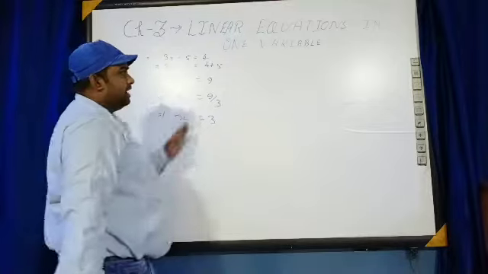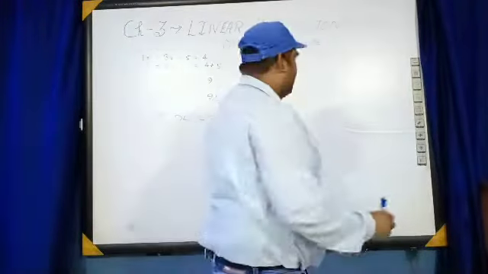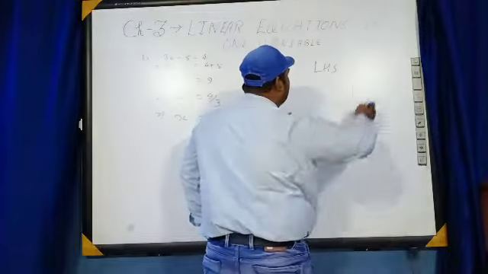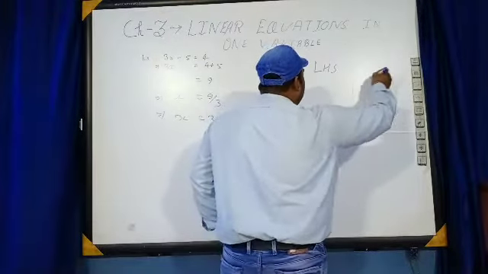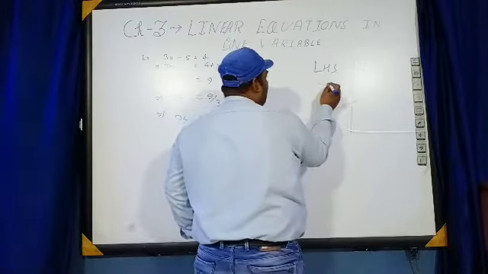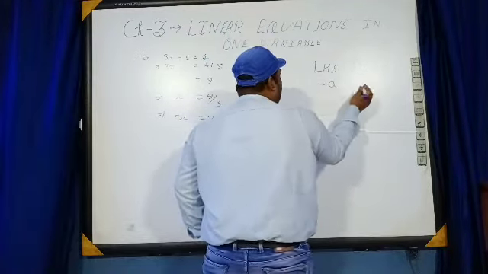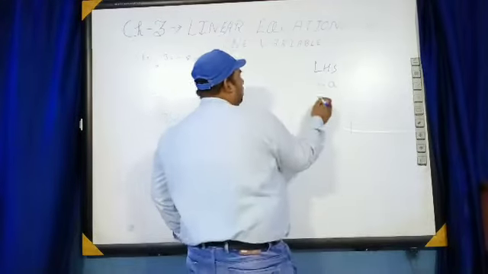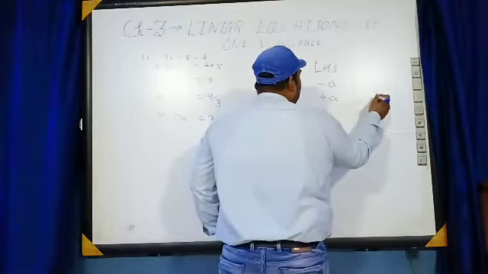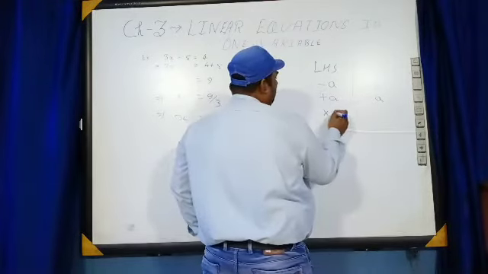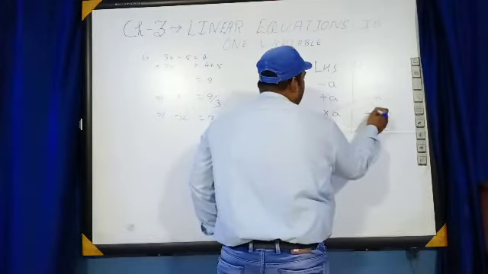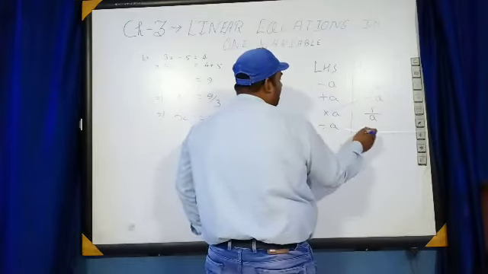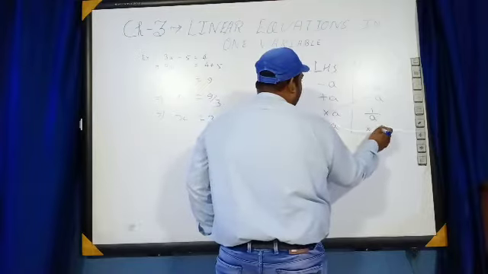What have we applied here? Here are some rules for LHS and RHS. You will write or note down that rule. If anything is minus on one side, suppose it is minus a, it will come to the other side and be written as plus a. If there is plus a, then it will become minus a. If it is multiplied by a, then it will become 1 by a. If it is divided, then it will be multiplied on the other side.